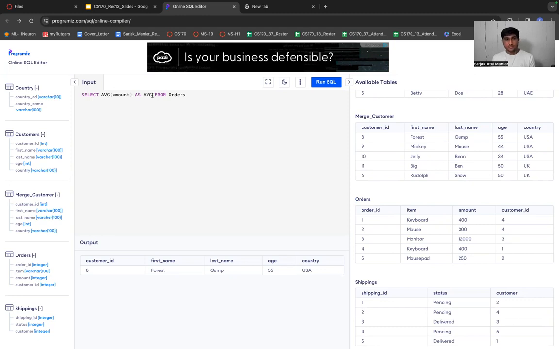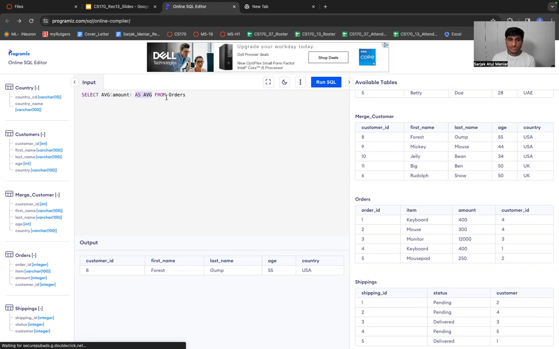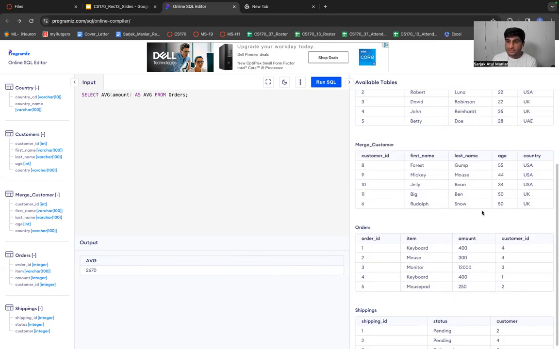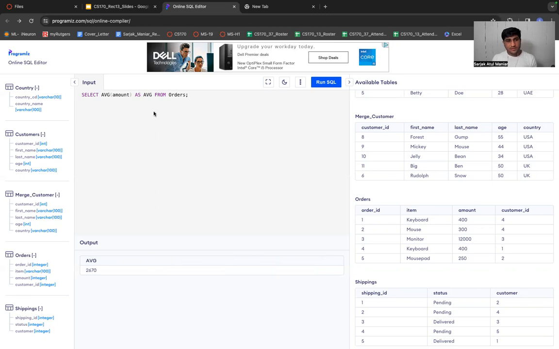This is just the alias name for the column which it will show you in the output, from orders. Let's run this query. 2670. You got that right? This shows the average value of all the values present inside the amount column in your orders table. If I want to know the max value, it's 12,000, so it should give the output 12,000. You see that? It's working correctly.